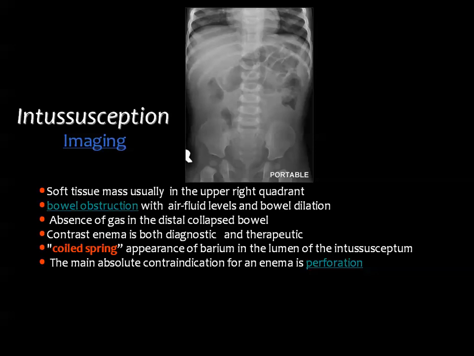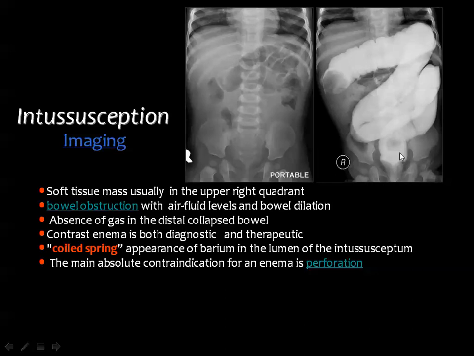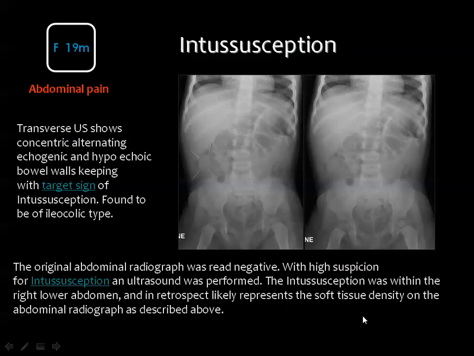And many times, if you inject barium, it's easy to diagnose this by this particular sign, which is known as the coiled spring appearance. And here, after introduction of barium in the colon, you got the site of the intussusception, and you got some whirly-like appearance, which is an indication of intussusception. In this plain film, you are not, of course, able to diagnose that this is the site of intussusception, but because of the clinical